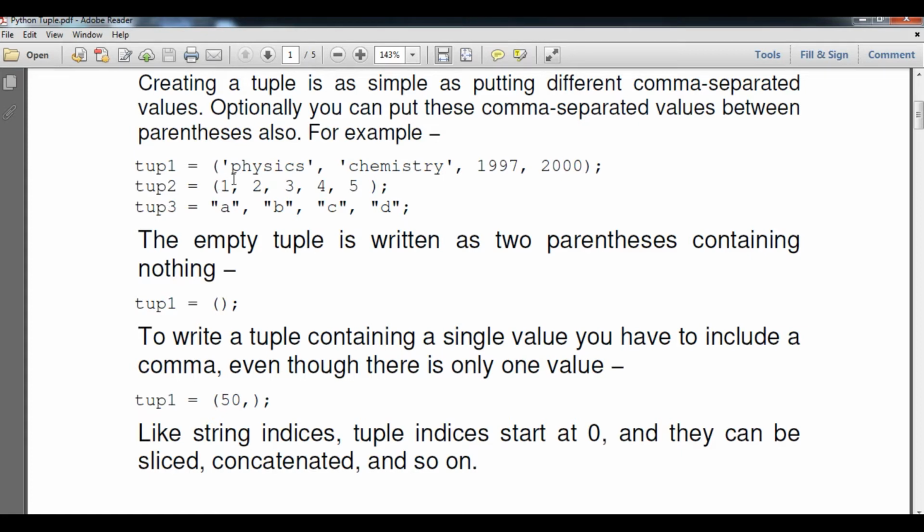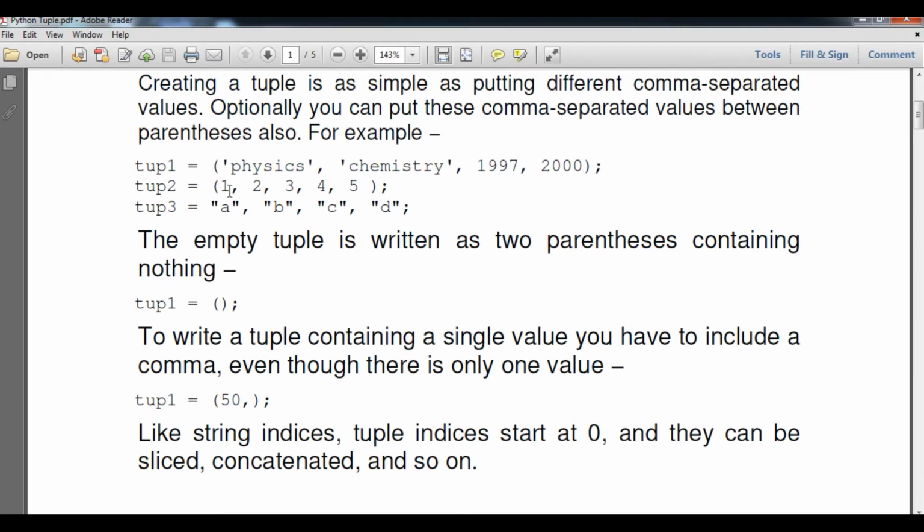Within parentheses you can see physics of string type, then chemistry, also string type, included in single quotes, maybe double quotes also, then 1997 and 2000. After that I have put a semicolon. Don't worry about that; if there are multiple lines we can use it, otherwise there is no need to put a semicolon.